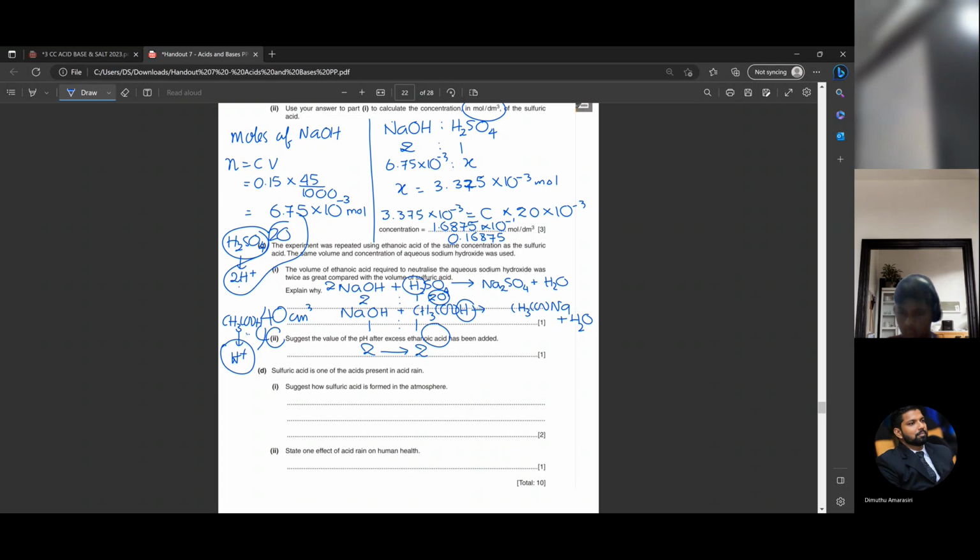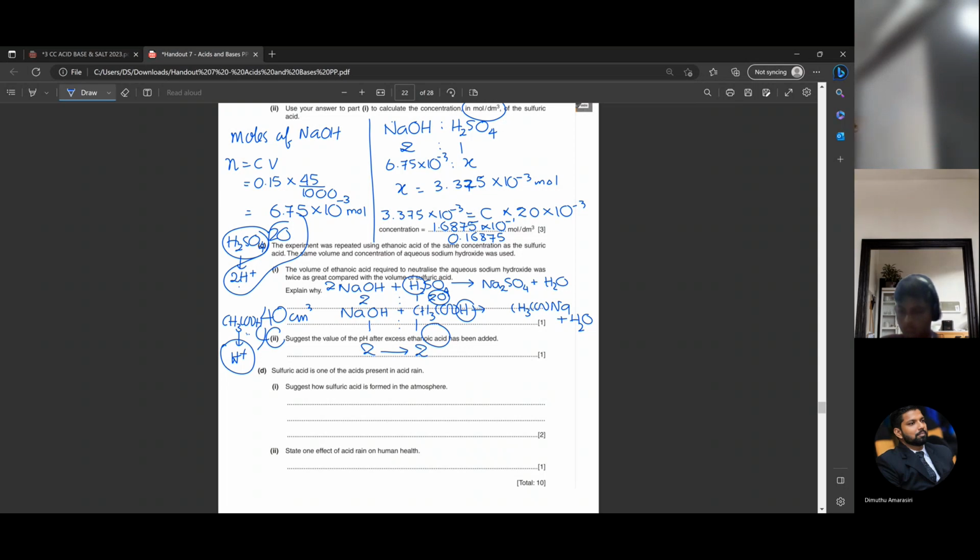So the answer is, you can write the balanced equation for your reference. The answer is sulfuric gives out 2 H plus for 1 molecule. But ethanoic gives 1 H plus. It's kind of the hardest questions that you can get in these acid-base questions. Ethanoic gives only 1 H plus. So you need